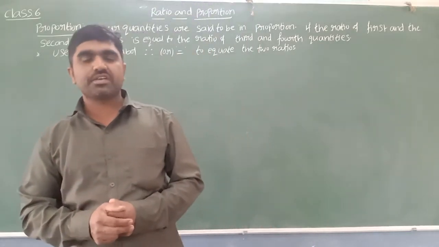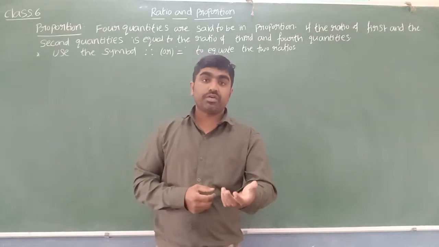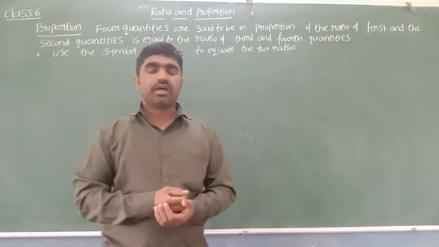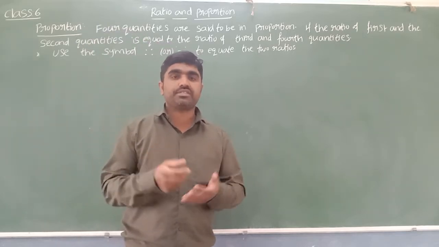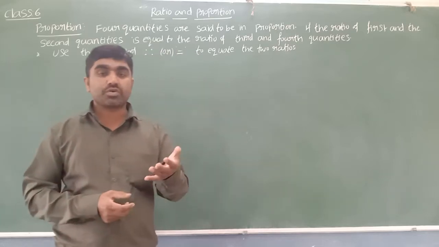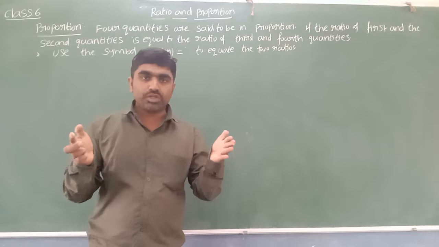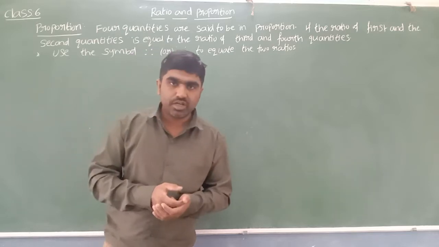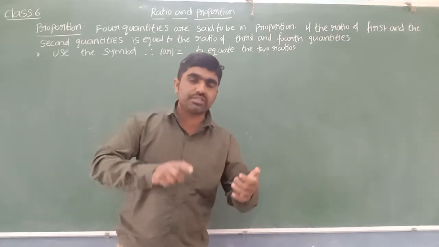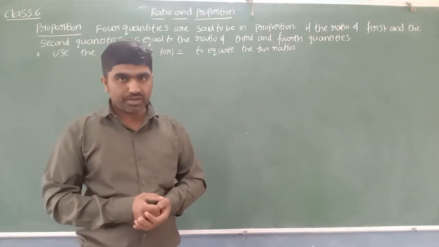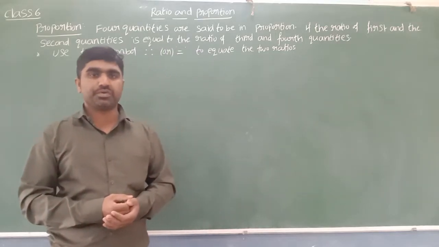Children, last class we discussed ratio. What is meant by ratio? And we also solved a few applications based on ratio. Ratio is nothing but a comparison of two quantities by the division method. I also said that to find the ratio, both quantities must have the same units. If they have different units, we make them the same units, then find the ratio. And there are no units for a ratio.